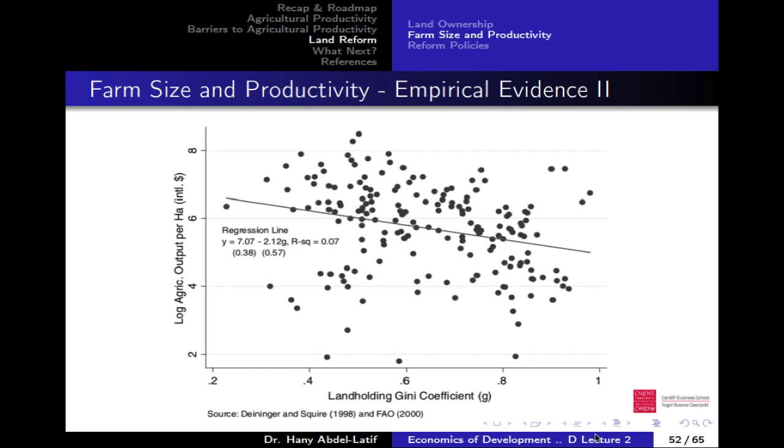Yes, you're right, and you will see that this curve is not very accurate because there's some sort of U-shaped curve that explains the relationship between farm size and productivity, and that's what I wanted you to find out about. So find out more about this. That's a very good question.